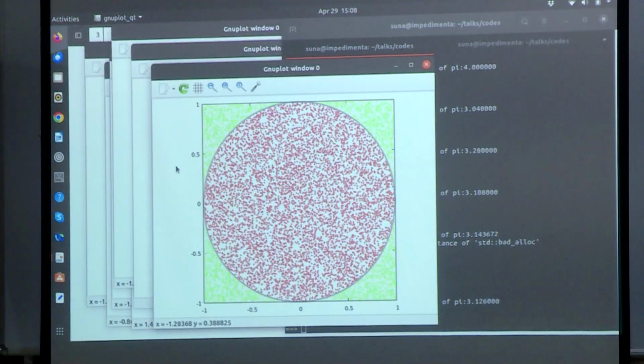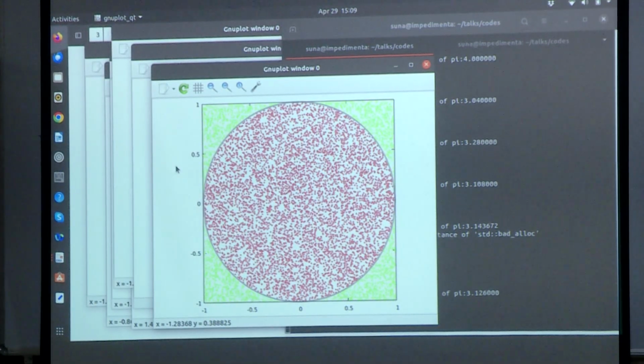Of course, this is no comparison to actually doing the integral. You will get the value of pi to whatever precision you want, 10 to the minus 7 or 10 to the minus 16. But this is most important once you go to multi-dimensional integrals, because your errors are supposed to add, and this law of large numbers will give a dimension-independent scaling of errors. I didn't talk much about it, but I just wanted to show this as a fun algorithm. It's already core dumped and aborted, so I'm going to stop this. Any questions?